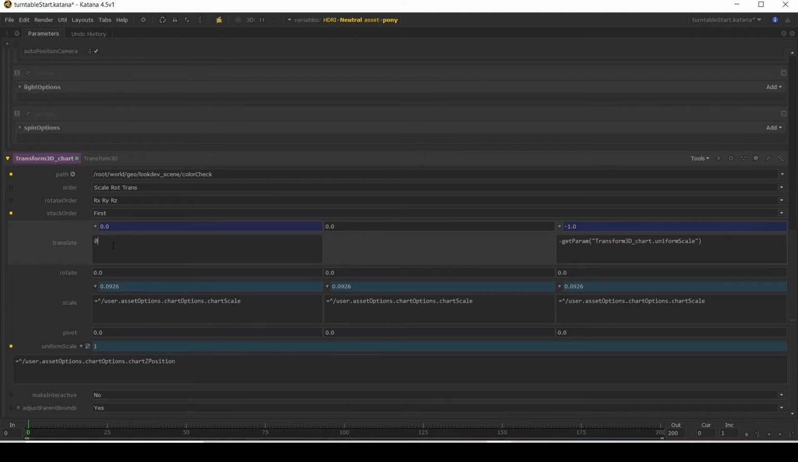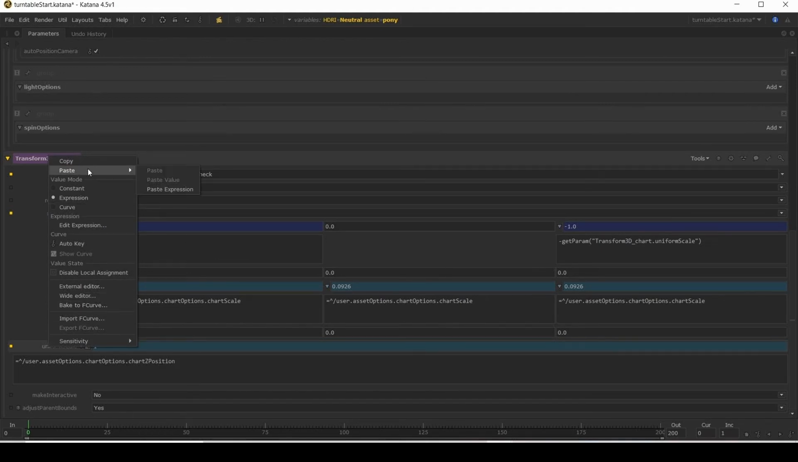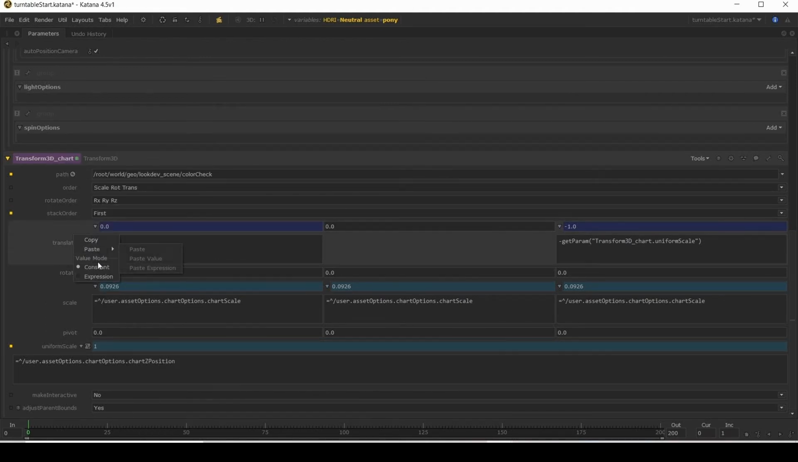This is where things get a little bit tricky. I'm going to copy and paste this as an expression onto X. And we're going to take the uniform scale. We're going to divide that by 2.5. Then we're going to multiply that result by its position using the chart position that we're storing on our top